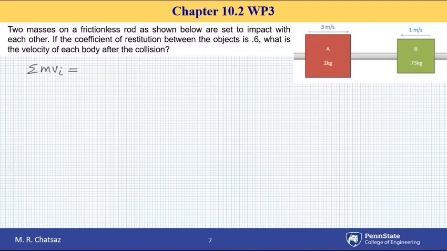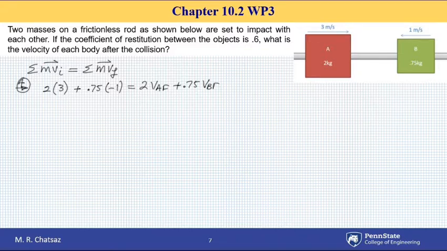mv sub i is the same as net final momentum. And again, observe that these are vector equations and we choose right as positive. So initially I have block A whose mass is 2 kilograms, whose speed is 3 to the right or positive, plus block B has a mass of 0.75. Its velocity is to the left, so I take it as -1, equal to, let's assume both blocks move to the right after collision, so I write them both as positive terms, 2 VA final plus 0.75 VB final, one